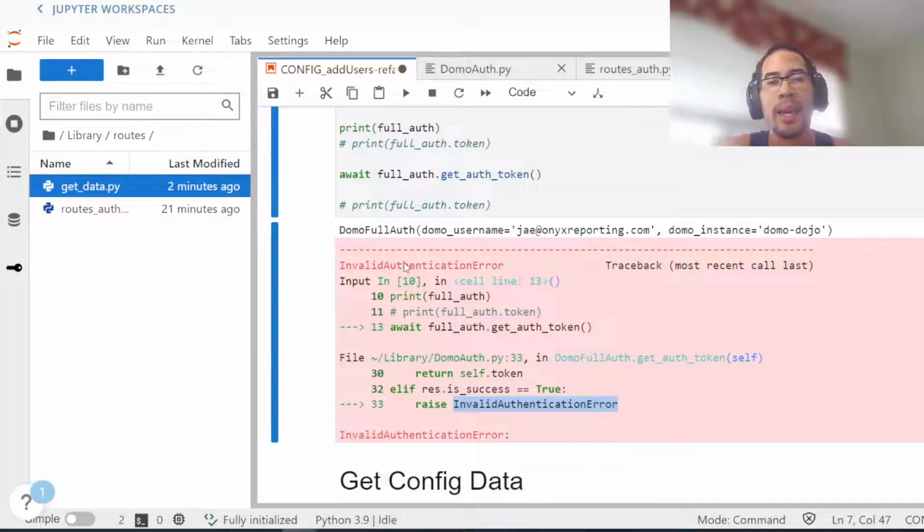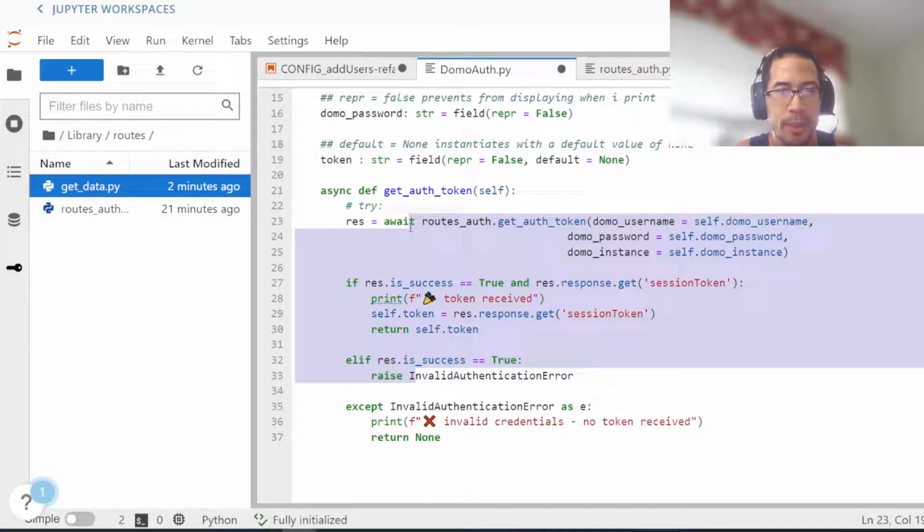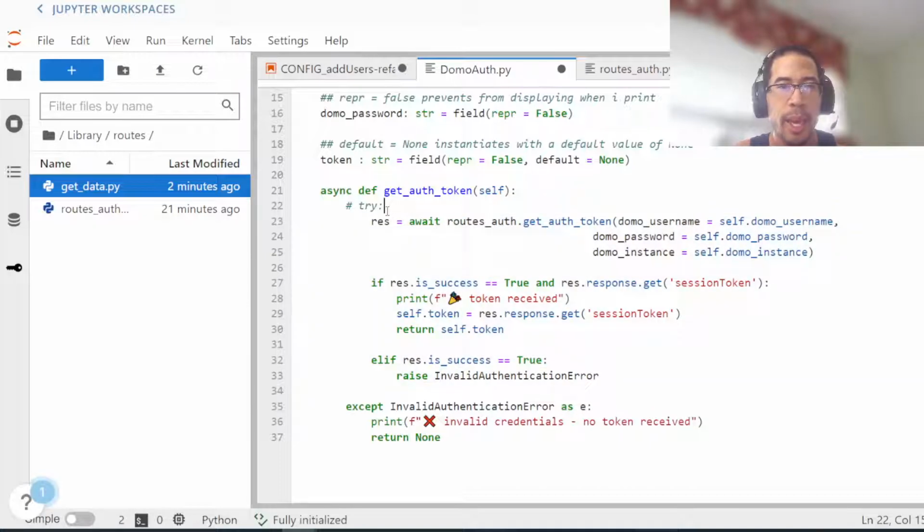Sometimes it might be nice to just use a try catch block so it doesn't have the big ugly red. So that's a strong reason to get comfortable working with try catch blocks, not necessarily for this bit of code, but just for future stuff you do. Okay, so with that done,